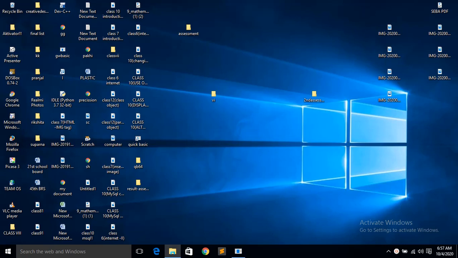In class 5 we did GW BASIC. Similar to GW BASIC, Quick BASIC is another programming language. The commands are similar, only the platform, that means the screen, is different. The commands are almost similar.